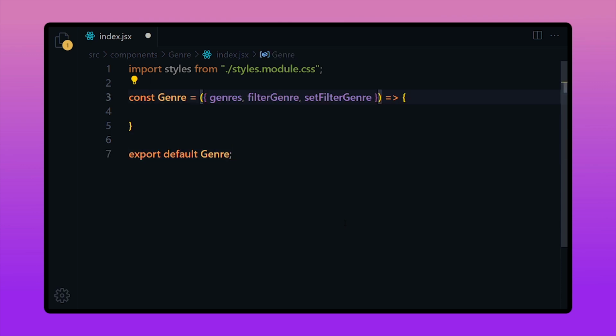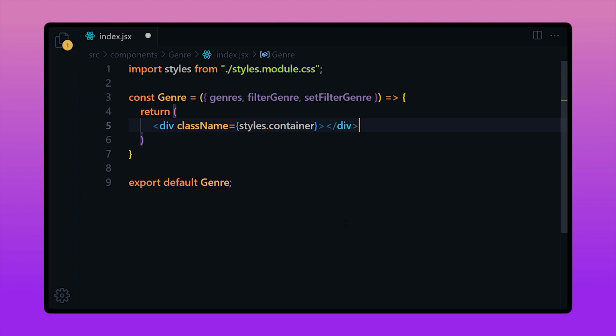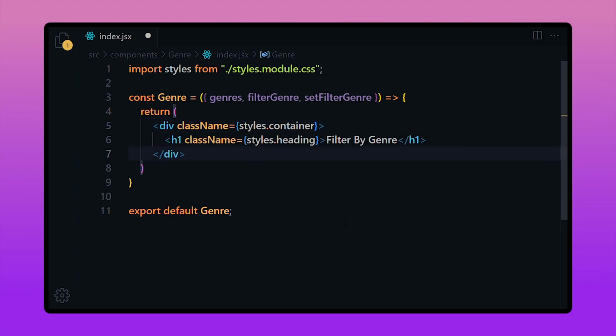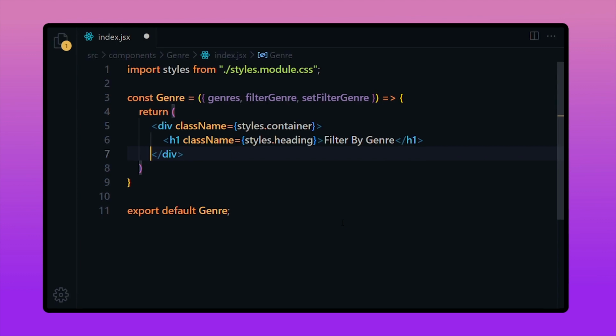Here we have props genres, which is array of genres, and filter genre, which is array of selected genres, and set filter genre function, which we're gonna be using in this function to update the filter genre state from here. Then we're gonna return a div tag with class name container. Inside that, we add a h1 tag with class name heading. Text will be filtered by genre.